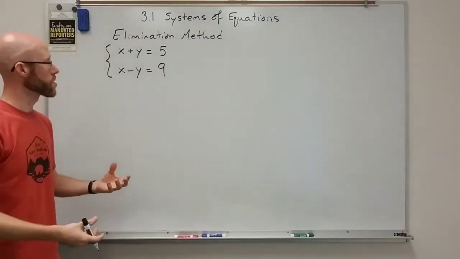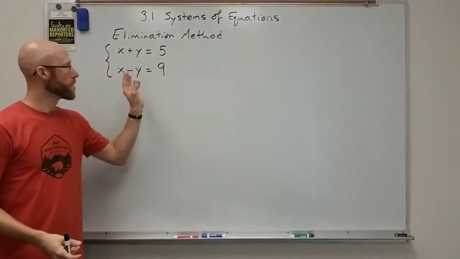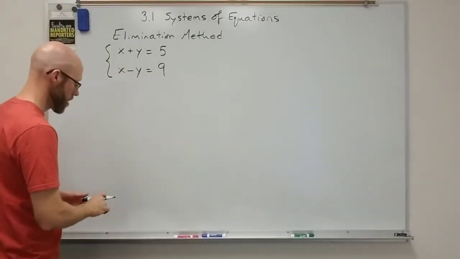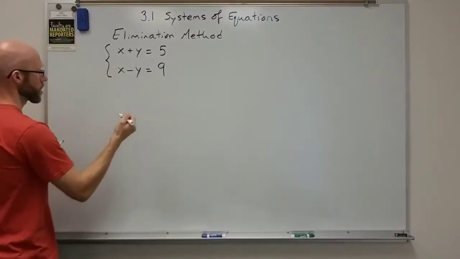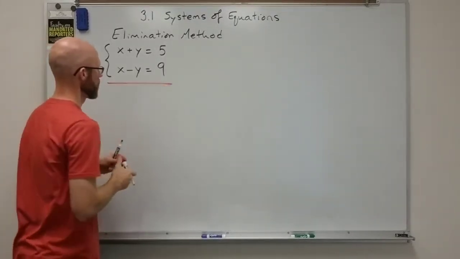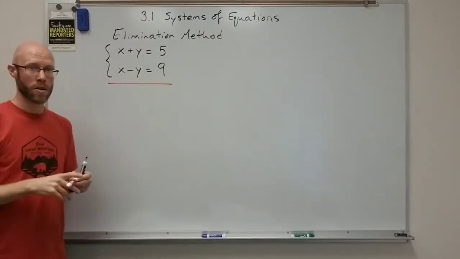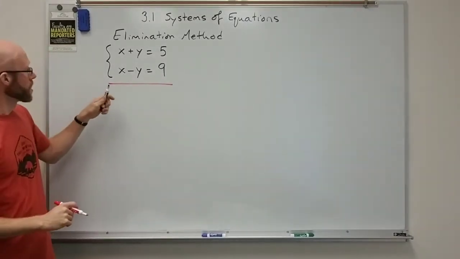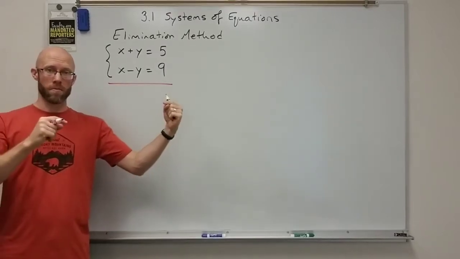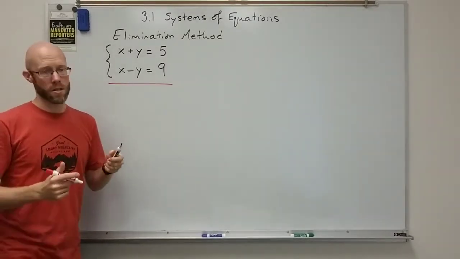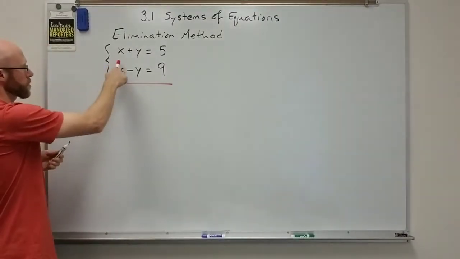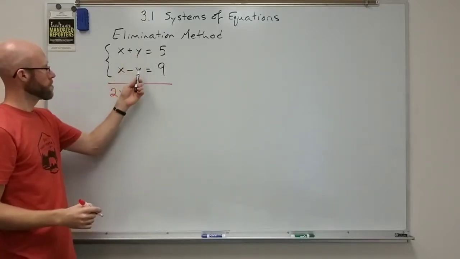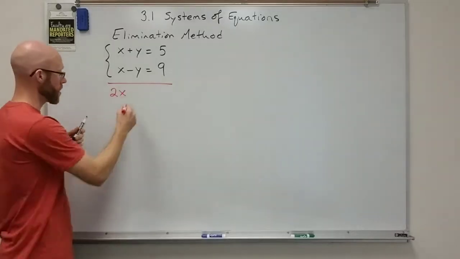That's why this works. So here, I'm going to go ahead and do that. If I add the two equations together, I'm going to draw a line here, just like how we put our summation, we add and put the total at the bottom. But I'm going to do this term by term, okay? So it's going to be combining like terms, essentially. So I'm going to get x plus x is 2x,